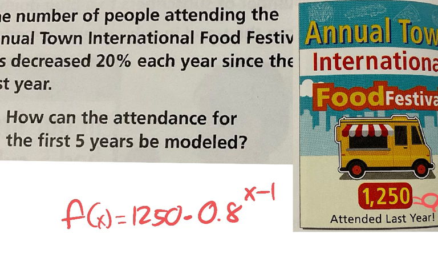And so the next question, I don't have room to type it. This says, how many people do we expect to be there 10 years from now? Not many. I know, I don't like this. But the next question is, how many people could we expect to be there in 10 years? I would do 0.8 raised to the 9th. So 1250 times 0.8 raised to the 9th is